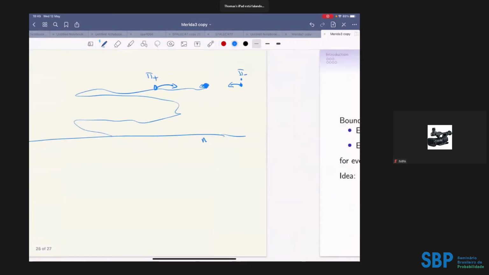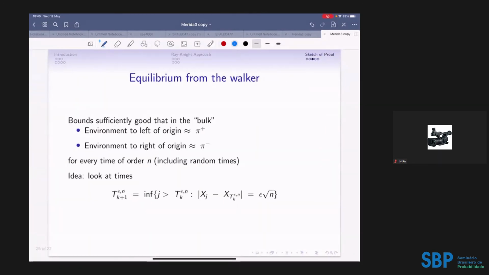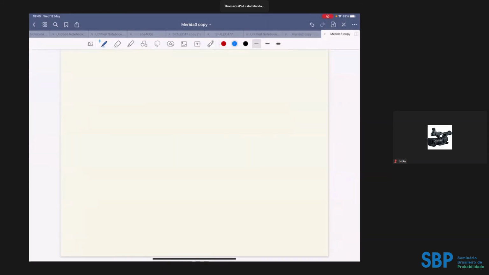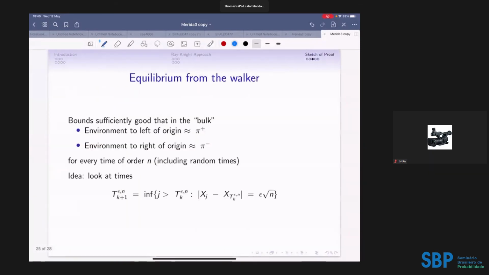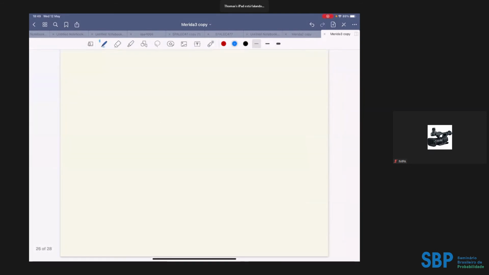Okay, so what we can say is, and I'm just going to look at the situation of our walk, and I'm going to look at these times. This is a coarse graining approach we employed. So I start off at the origin, and I look at when you move by epsilon square root of n. And then from here, I look at the next time you move, and so on and so on. So this is a coarse graining,